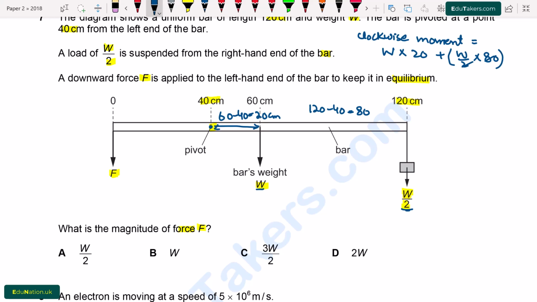There will be 40. So clockwise movement basically equals 60 multiplied by W. So I write here 60 multiplied by weight. Next we have to find out the anti-clockwise movement and it is caused by this force. So I write here anti-clockwise movement